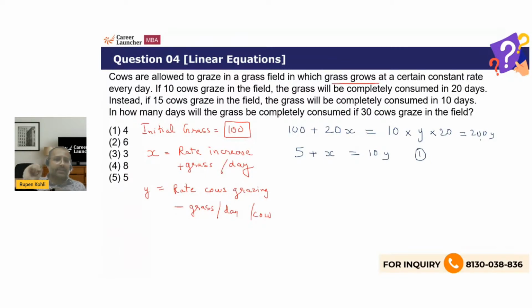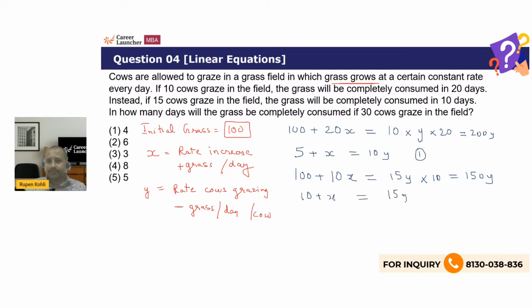Likewise, we can make the second equation, again 100 plus. So now 15 cows took 10 days. So 100 plus 10 days, so 10x will be generated, should equal again the same way 15 cows. So 15 into y is the consumption per day, and 10 days, so into 10. So this is 150y. Again, we can cancel 10 and we have 10 plus x should equal